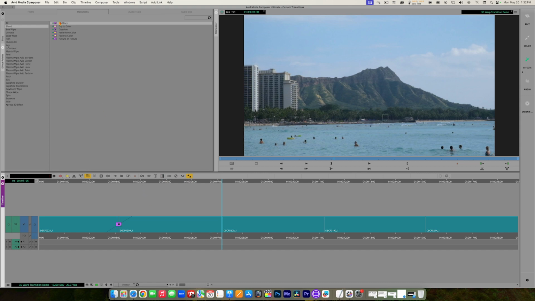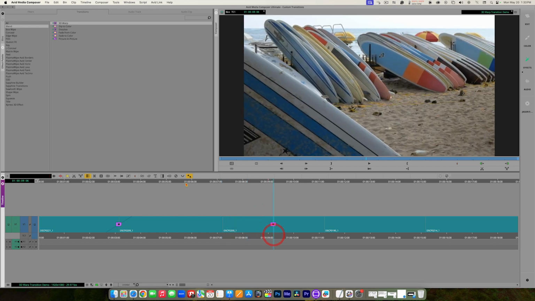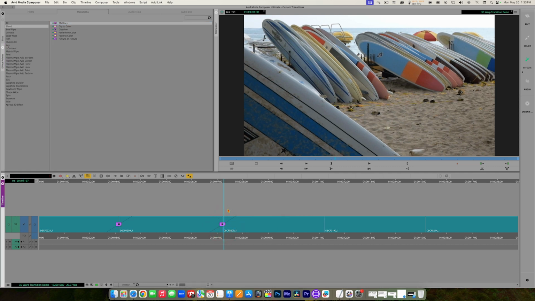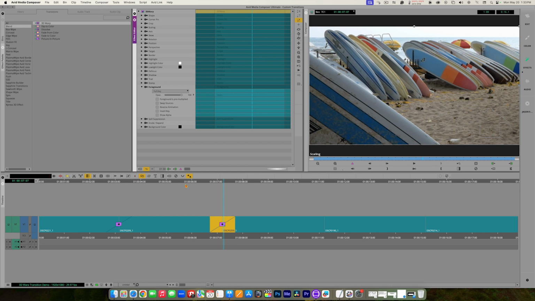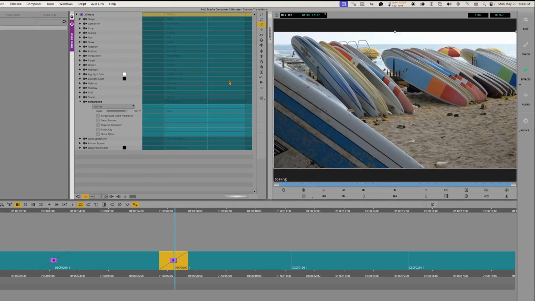So if I had accidentally grabbed that and dragged it and dropped it, whoops, let me try that again. If I accidentally dropped it on the clip instead of the transition, just put your playhead over the effect and hit the remove effect button. Okay, so let me grab that 3D warp, drag it back onto the edit. Make sure my playhead's over that 3D warp, and then I'm going to go back into effect mode by clicking the effect mode button. And now, instead of doing basic keyframing underneath the record monitor, we're going to use